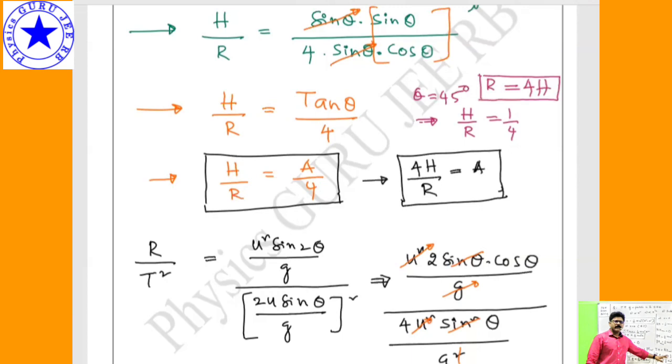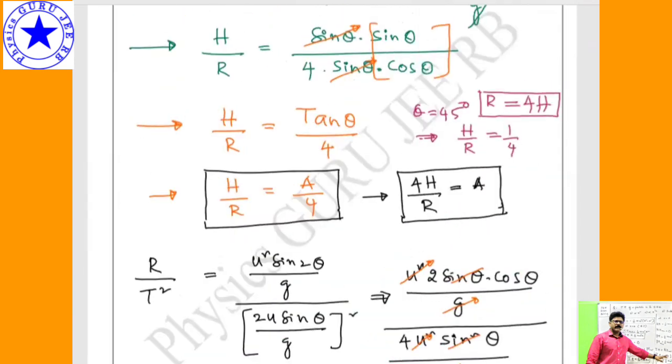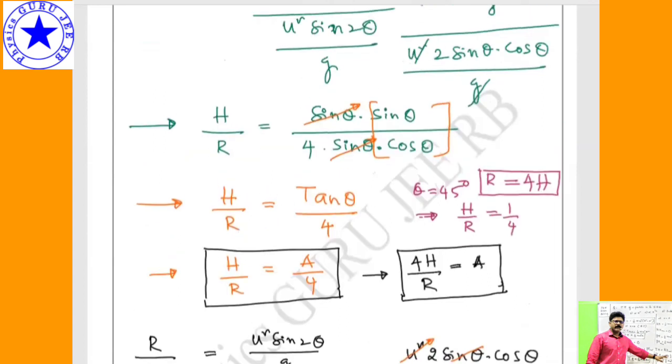This is the maximum distance it can travel. For example, what is the meaning of this? Range is equal to 4h. If I throw a projectile, say I take one projectile motion, it is going to a height of 1 meter. 1 meter means if I project with 45 degrees, it will move to 4 meters of distance. That is what range is. Is it clear?